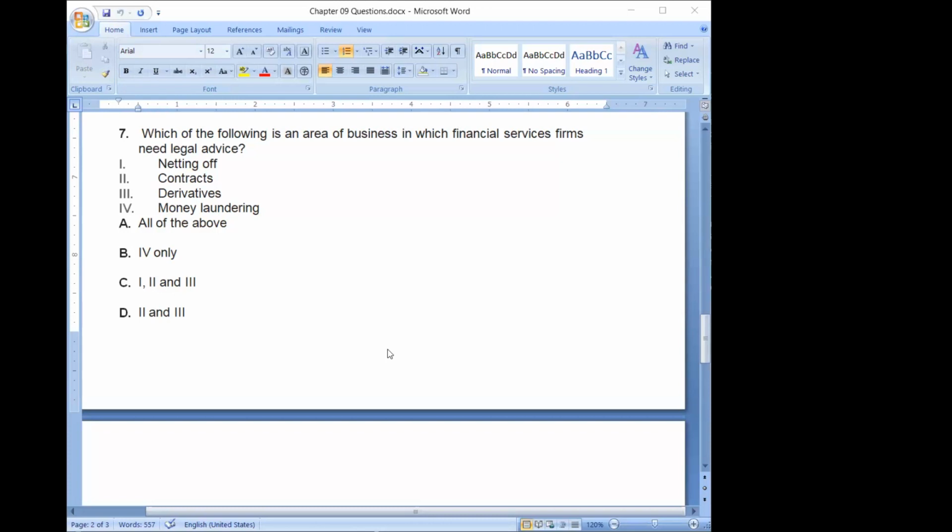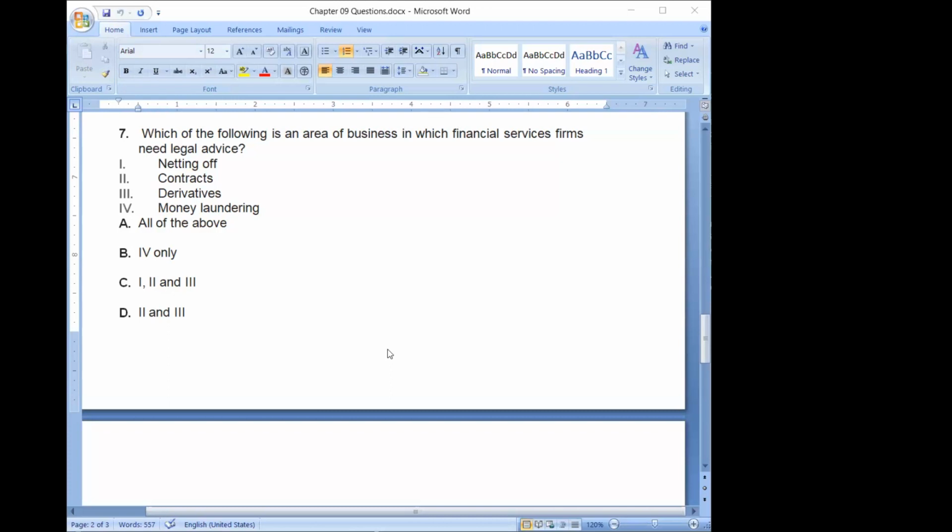Now, if you look at it, it says which of the following is an area of business in which a financial services firm needs legal advice. Yes, you need to deal with legal matters, so we require legal advice. But if you look at it practically, all the areas given in this list have legal implications. Netting off,